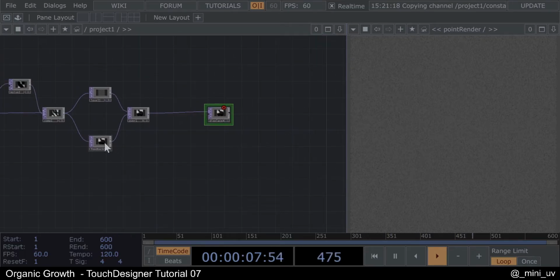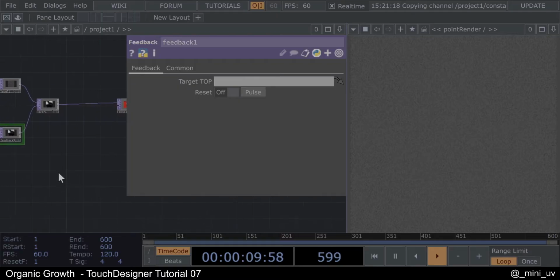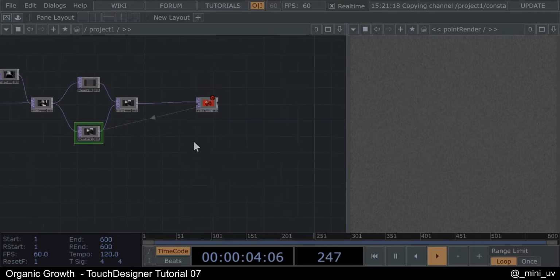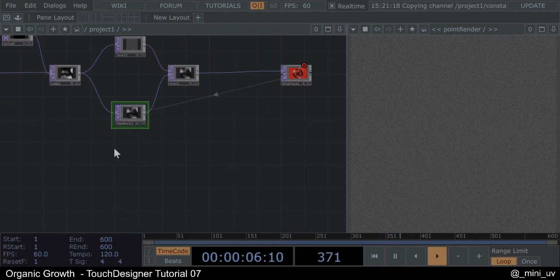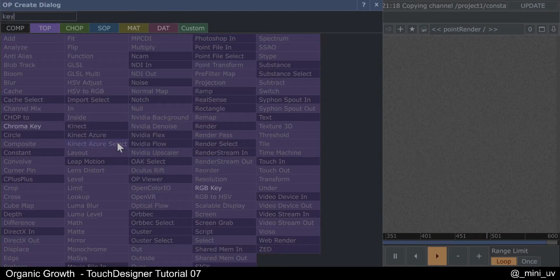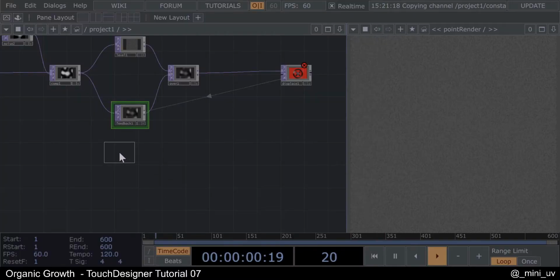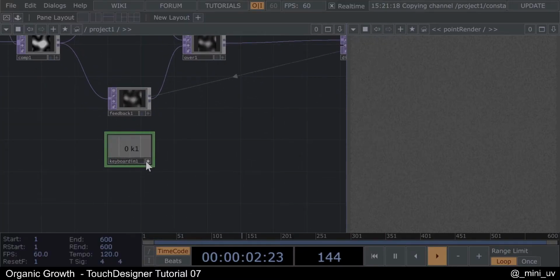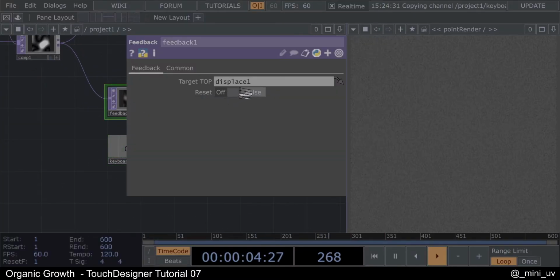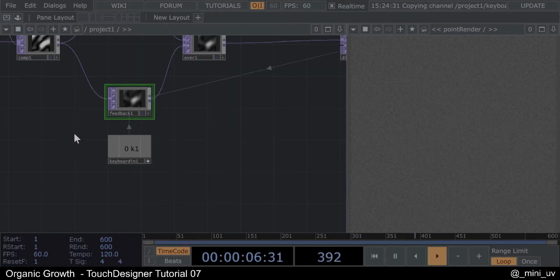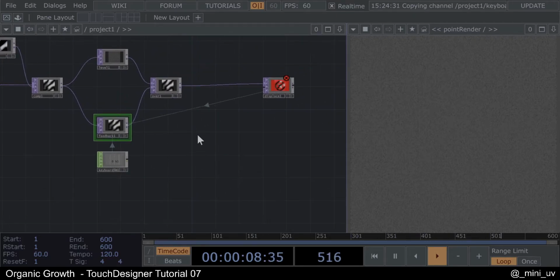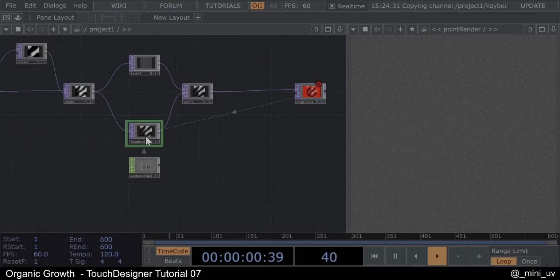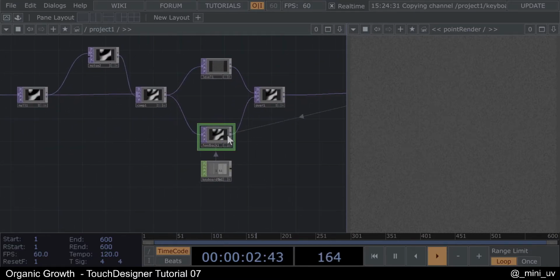Okay, now drag the displace into the feedback so they are connected, and let's add a keyboard in chop so we can reset the feedback. Great. So now basically nothing really happens, as you can see,